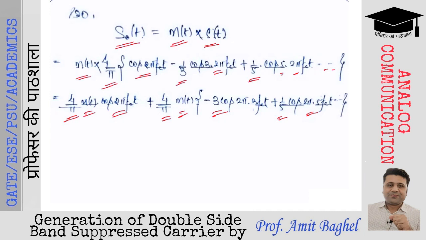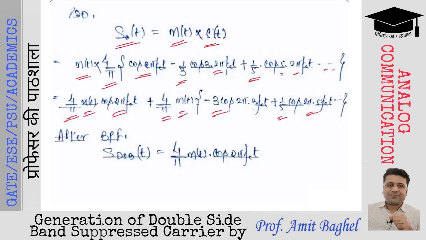Once we pass this mathematical expression through the band pass filter, providing the frequency range of fc minus w to fc plus w, we will get only the expression of 4 by pi m(t) into cos of 2 pi fct, जो हमारे काम का एक्सप्रेशन है, जो DSB सिग्नल का मैथमेटिकल एक्सप्रेशन है. So S of DSB(t) will be 4 by pi m(t) into cos of 2 pi fct. So this is m(t) into c(t). This is how we are going to get the DSBSC waveform generated with the help of a ring modulator at